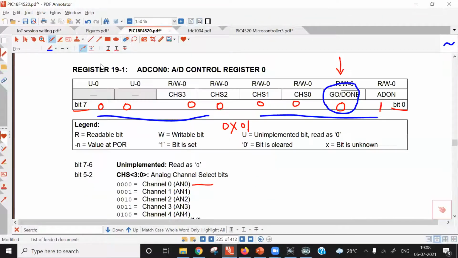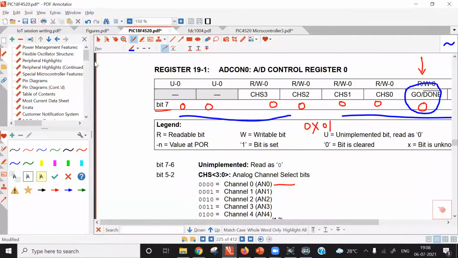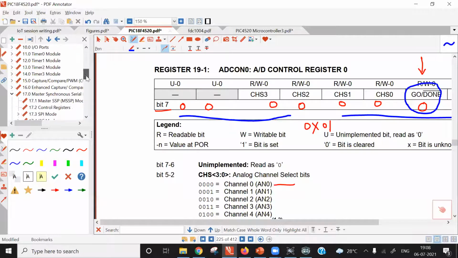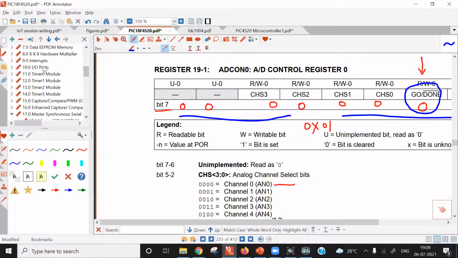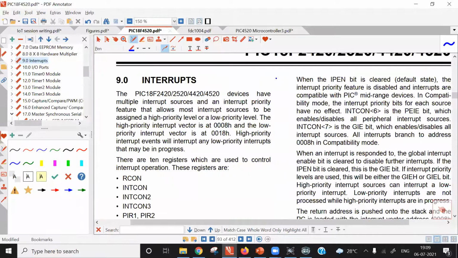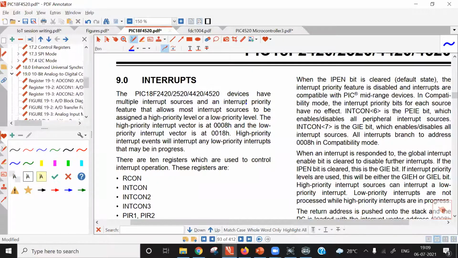In the application note, just go to the interrupt section. Section number 9.0 is on interrupts. There are many interrupt sources available in PIC18F4520.